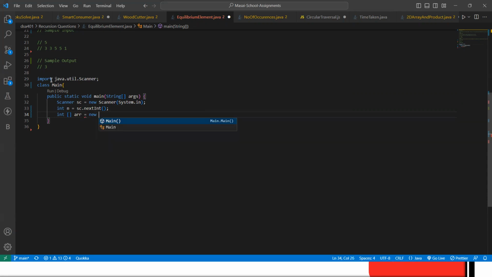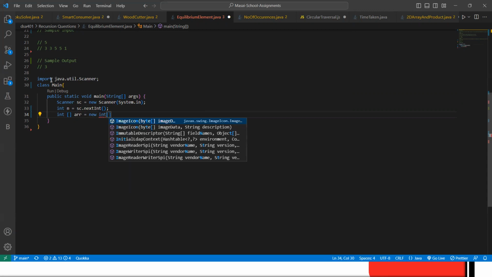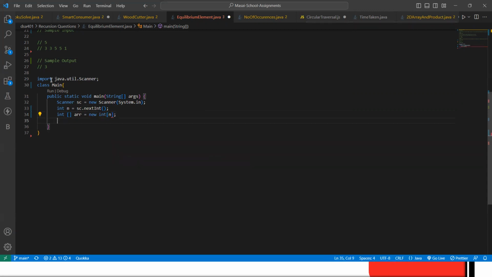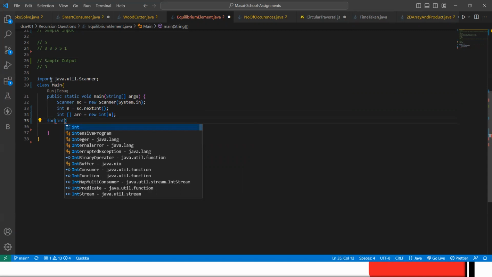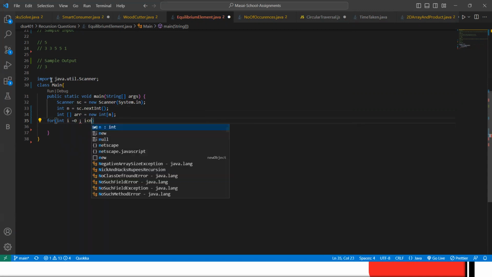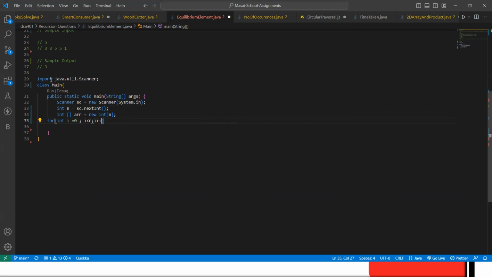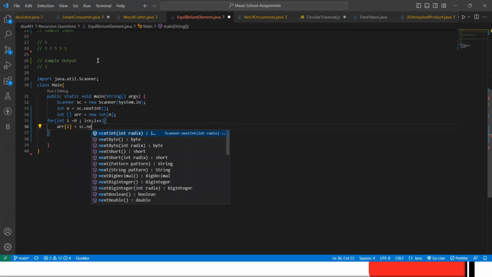We create it as new int, and the size of the array is n. After that, we create a for loop for iterating from 0: int i is equal to 0, i less than n, and i incremented by 1. Then we store the elements in our array, array of i is equal to sc.nextInt().